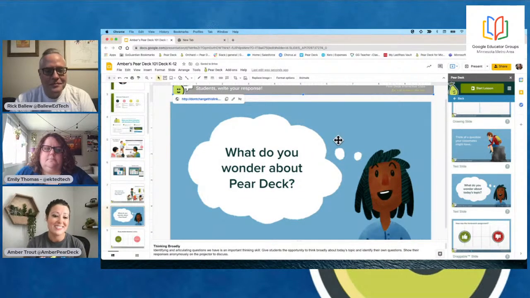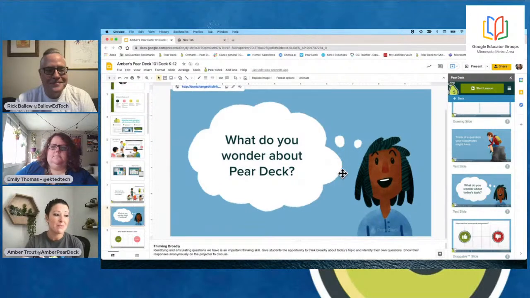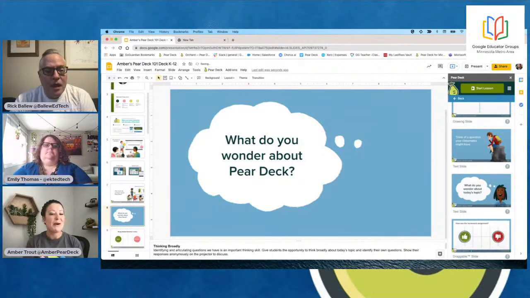And don't worry, it does the same thing. As long as it's not deleted, you're going to be able to put that bar wherever, make it smaller, put it in the background, whatever you like. Now, sometimes if you're working with older students, you might feel like our graphics are a little elementary. And that's okay because you can delete them and put your own graphics, whatever you want on there.